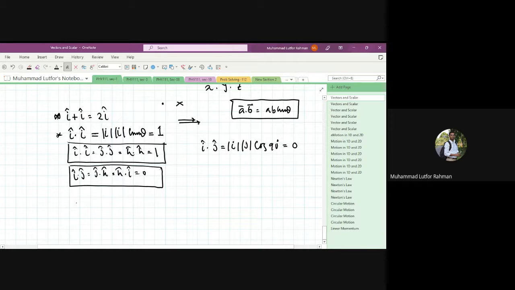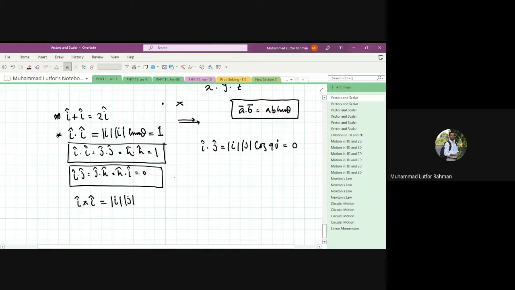All right. So now think about, say, i cross i. Sir, it will be 0. What is sine 0? Sine 0 degree is 0. Sorry, sir. Exactly. So it would be